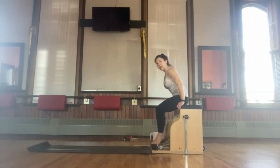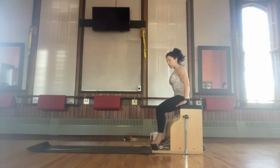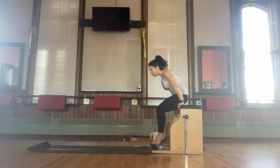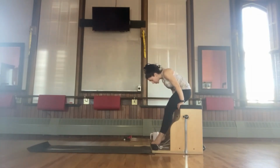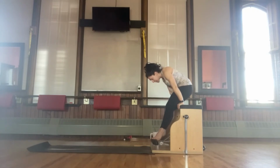From here, just shift so your heels are together and your toes are apart. The pedal is still down for the moment. Take your fingertips forward right next to your hips for tendon stretch. This is quite a challenging exercise. From here, you're going to just pivot over your hips, straightening the legs as much as you can, rounding the spine, collarbones open, heels are squeezing together, and we're going to try to lift both pedals simultaneously, taking our tailbone